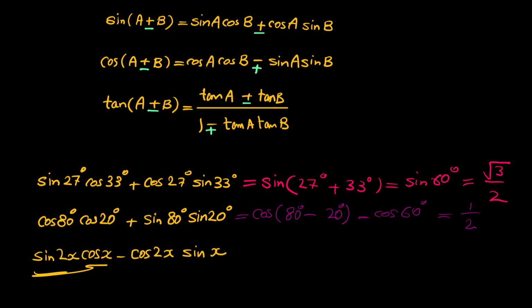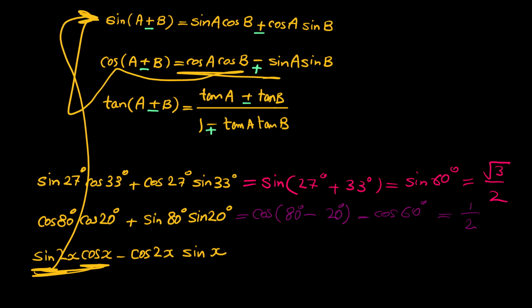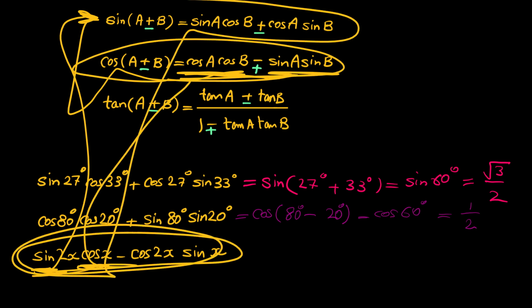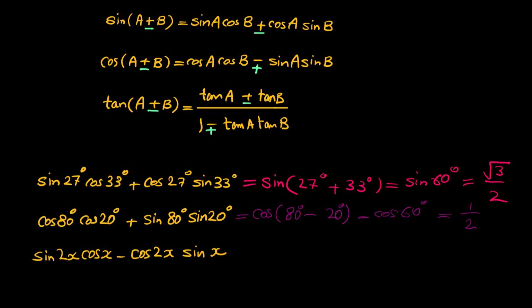Because these two are not the same, this should be related to sine. When these are the same, cosine, cosine, sine, sine, it's related to cosine. But when these are different, it's related to sine. So this equals